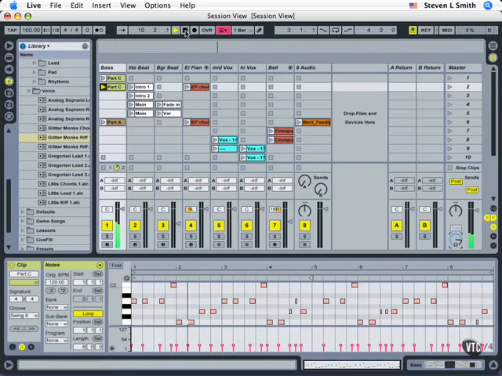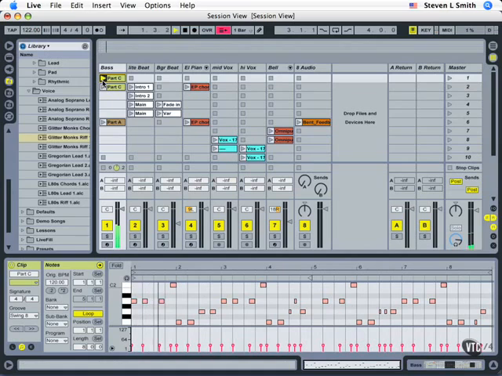Okay, so I'm going to stop and bring my tempo back down. So I click here and type in a new tempo and begin playback again. You can also simply click and hold and go up or down. And now again, my auditioning. So once you find a clip that you think is going to work okay with your current clips or other clips you might have playing back,